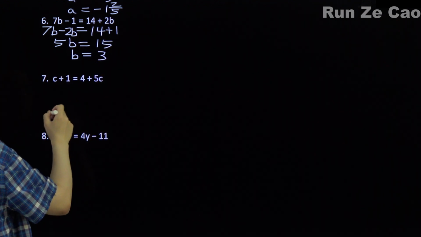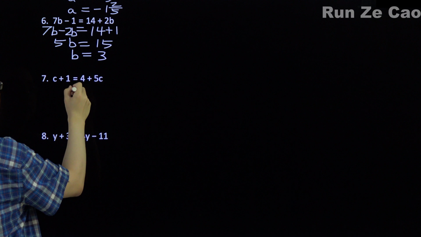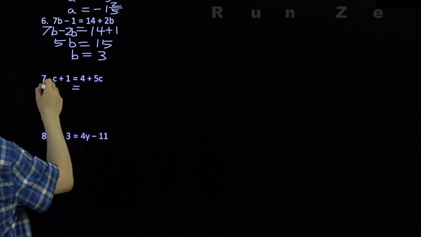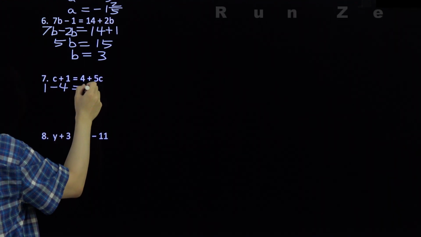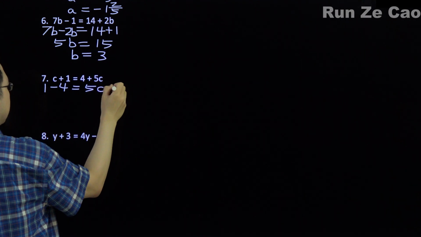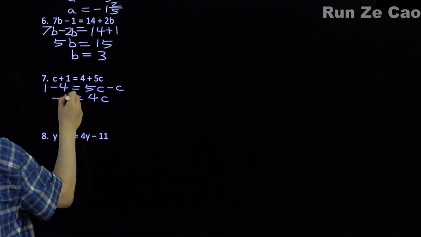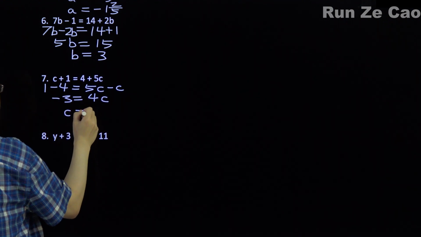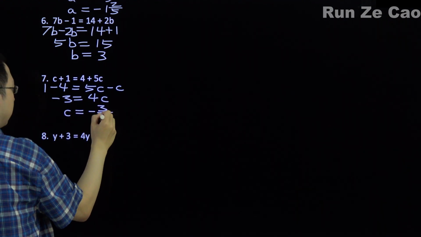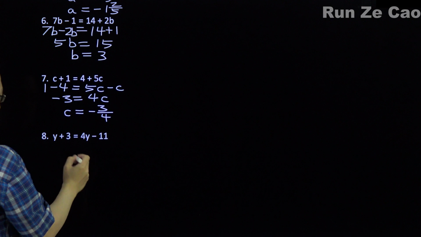So c plus 1 is equal to 4 plus 5c. You got 1 minus 4 is equal to 5c minus c. So 4c is equal to negative 3. c is equal to negative 3 over 4. And here we got